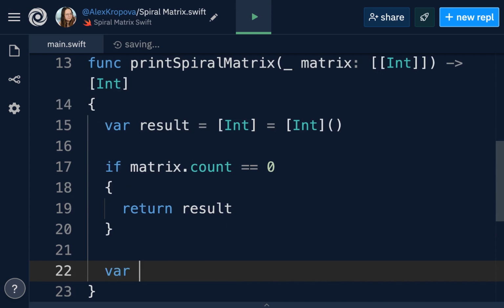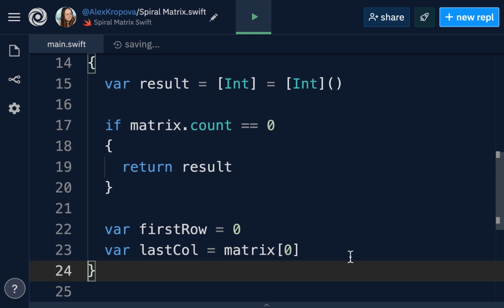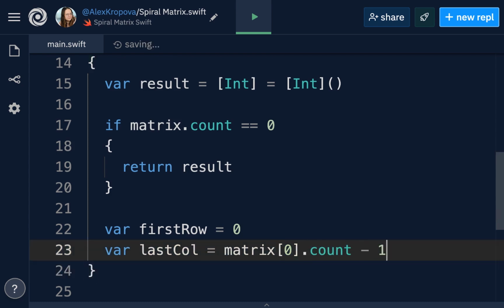Let's make variables for this. We'll make a first row, which will be 0, because that is the first row we need to print for the spiral matrix. After the first row, we're going to print out the last column. And the last column is going to be initially the matrix at the 0th index dot count minus 1 due to zero-based indexing.